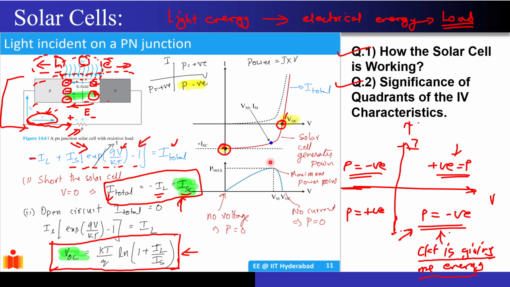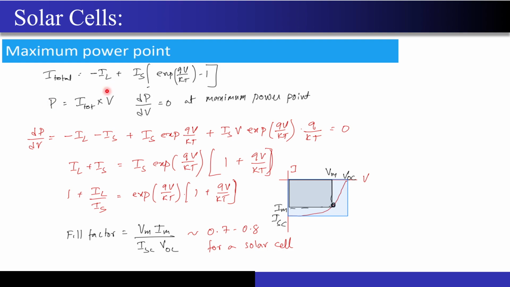I have shown the load over here by a load resistor, correct? Now if we try to calculate the value of Vm and Im at this particular point, how can we do it? This is my total current, and the power delivered will be nothing but the total current into the voltage V. Now to find the voltage at which this power becomes maximum, I have to take a derivative at that point and make it equal to 0, correct? If you do that and refer to the lecture material, ultimately you will get this particular equation. Let me just turn on the pen. So if you do it, we will be left with this particular equation.